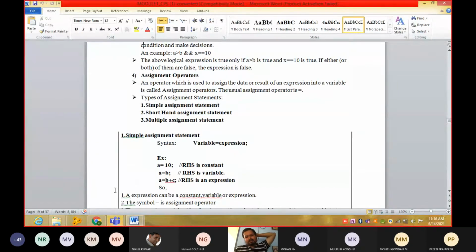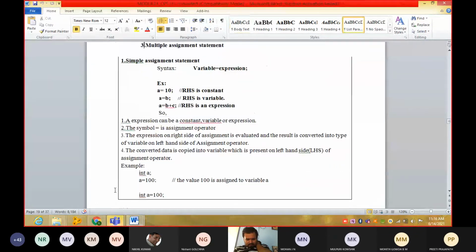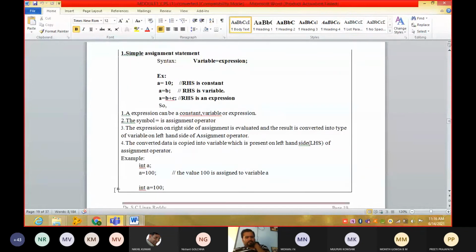So here in assignment operators, see, this is simple. There are 3 types of assignment operators. First one is simple assignment operator. Or else I can do even this way also, guys.